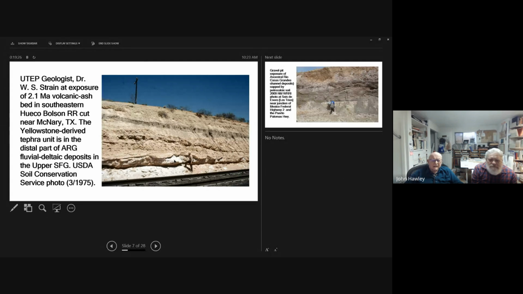And in that area, there's a very thick volcanic ash bed that was erupted in the Yellowstone volcanic area about 2.1 million years ago. So that's kind of showing from north to south what it is. Most of the section down in the southern Hueco Basin is in the deep subsurface.